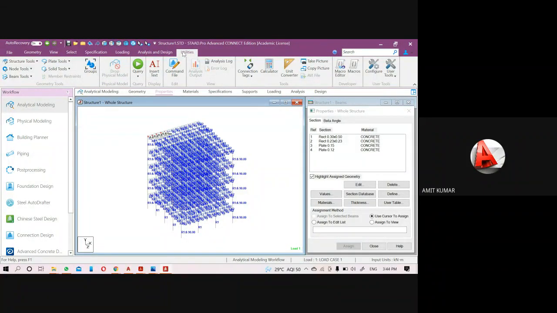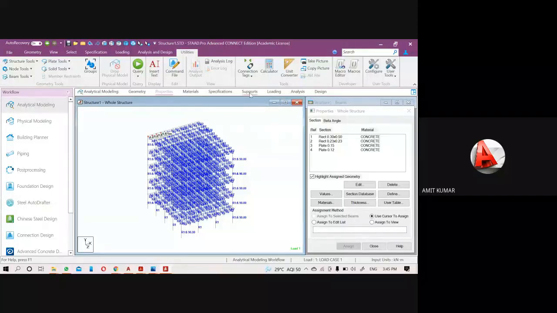So after defining the properties, if I assign the floor diaphragm, then the software will give you a warning, and you can't change the step after. Like I just create the structure, then I define the properties, then I provide the material constant, and after that I will provide the support.